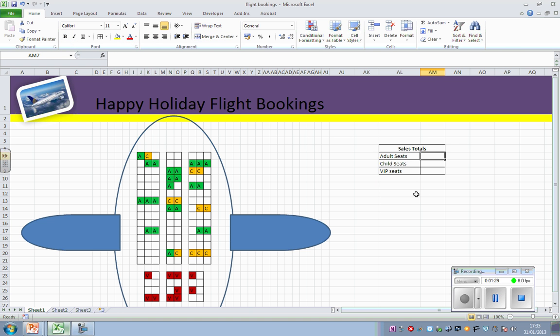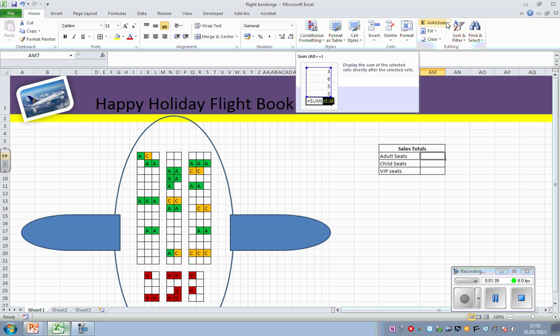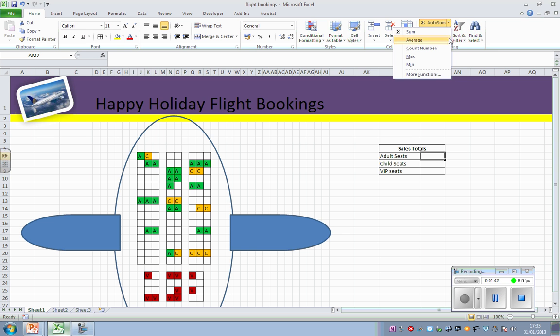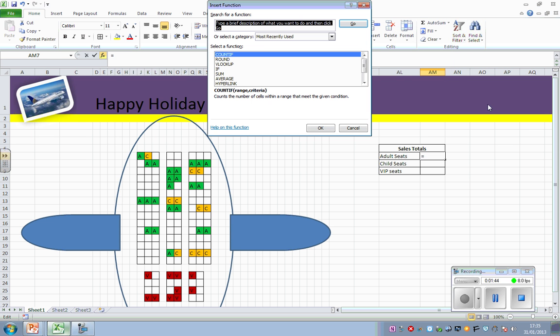Now it's time to use this Countif function. So what I want to tell this cell here is I want it to count all the seats if they contain the letter A. So the way we do that, if you go up to where it says auto sum, click on the drop down list and choose more functions. And in here I'm going to search for the function which is called Countif, all one word, no spaces. Press enter and it will search for that. It's at the top of my list now. It's called Countif. If I double click on that,